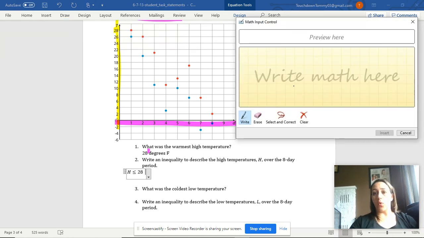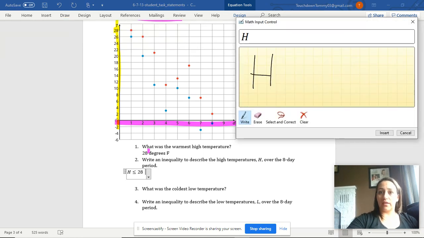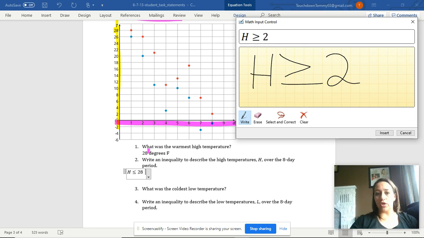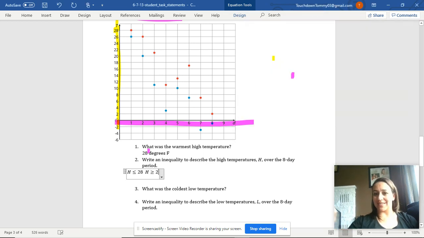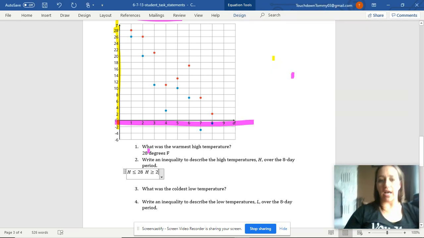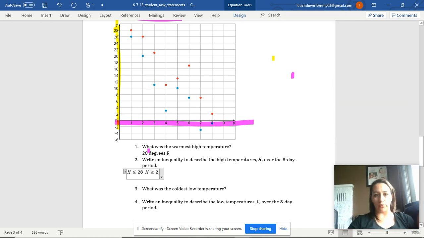And notice that while the high is less than or equal to 28 degrees, it is also greater than or equal to our lowest high temperature, where the lowest red dot I see is right here at 2. So I would also add a second inequality that says that the high is greater than or equal to 2